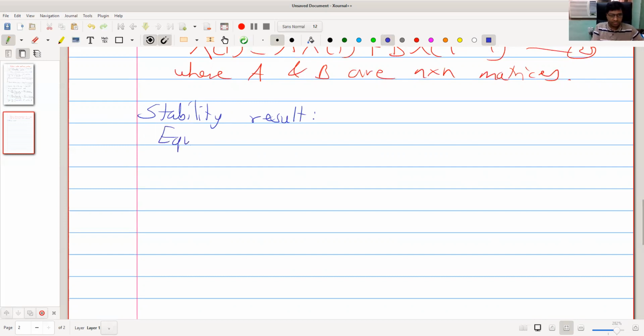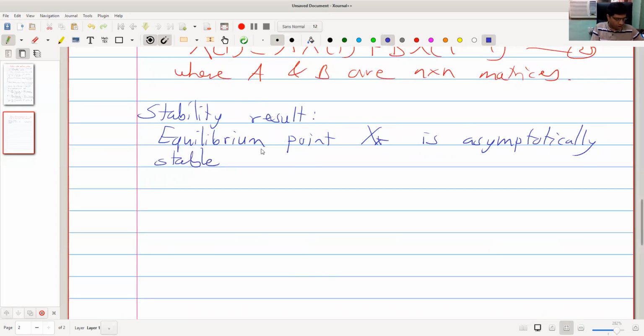Equilibrium point x star is asymptotically stable if all the roots lambda of the characteristic equation